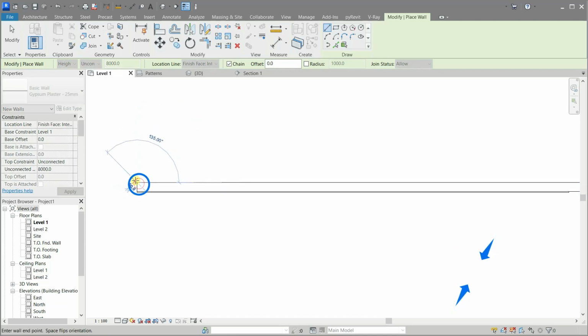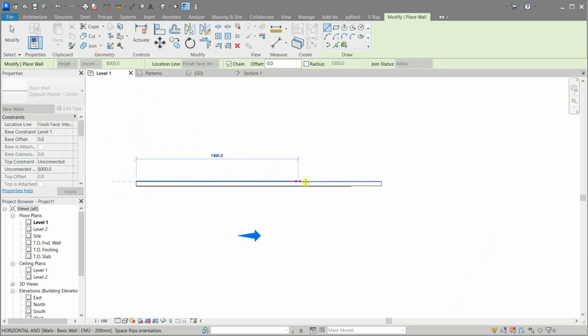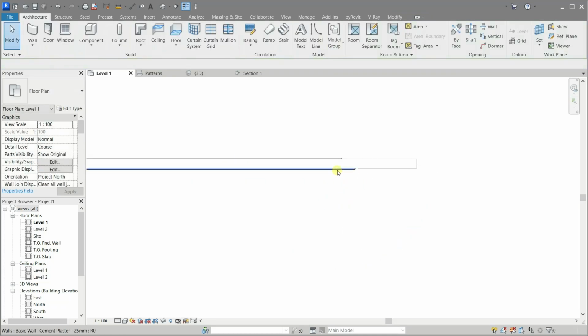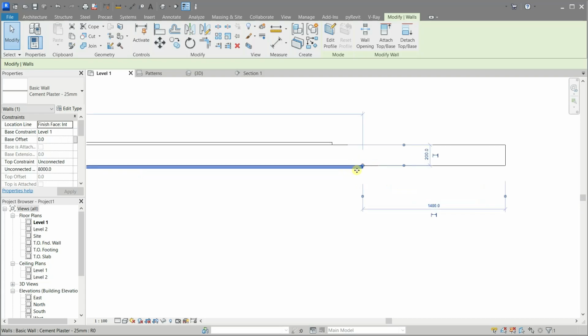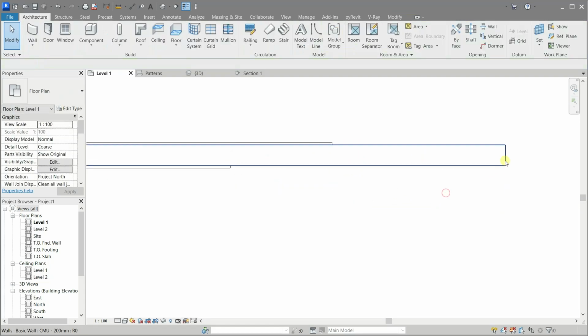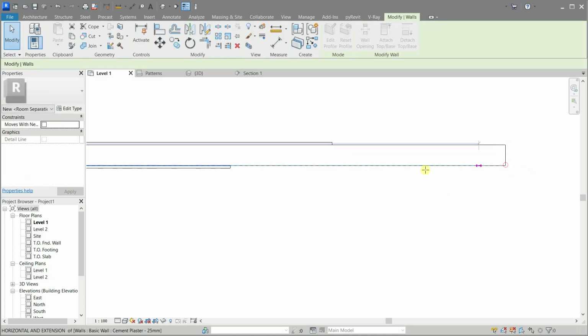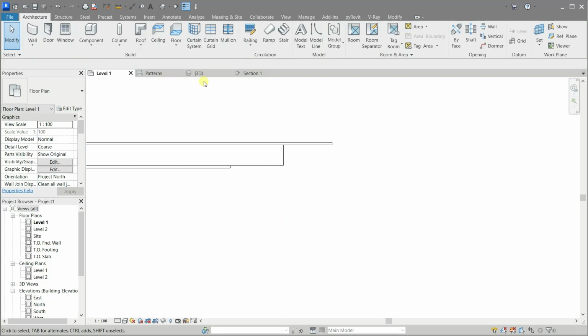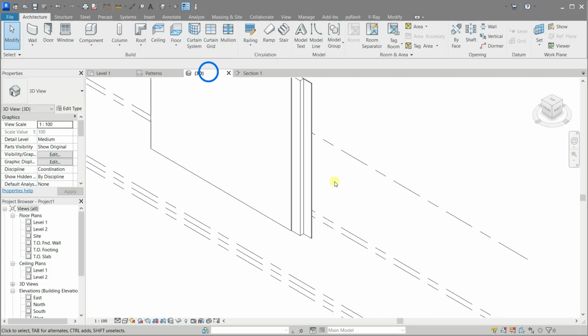Now let me align it to the other side of the wall. Let's change to 3D view.